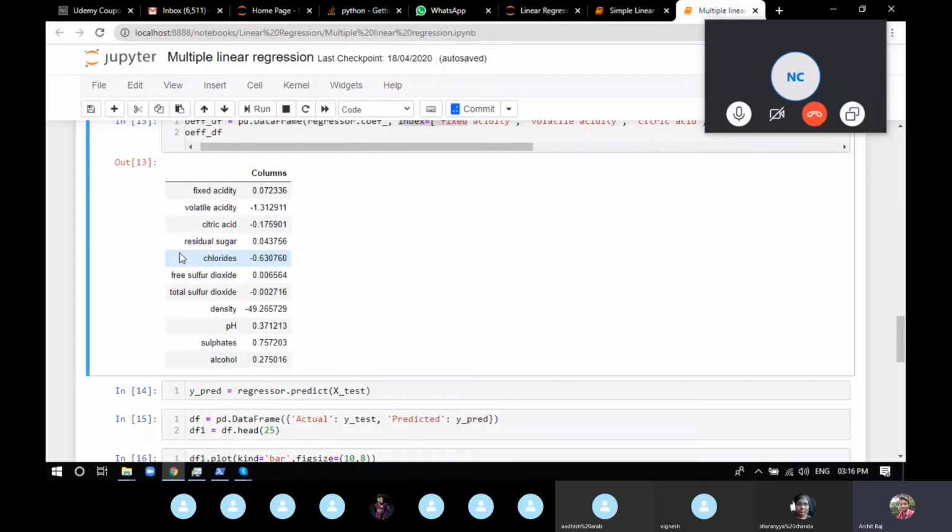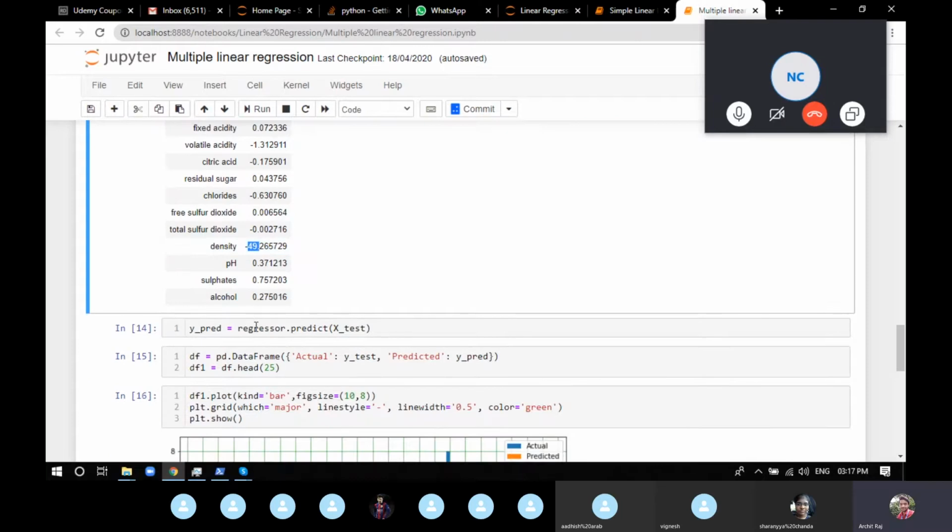You can see density is minus 49, which means it's highly negatively correlated. If there is any change in density, the answer changes a lot. Fixed acidity is 0.07, so a change in fixed acidity doesn't affect the answer too much, because the factor with which it affects the output is very small compared to minus 49.